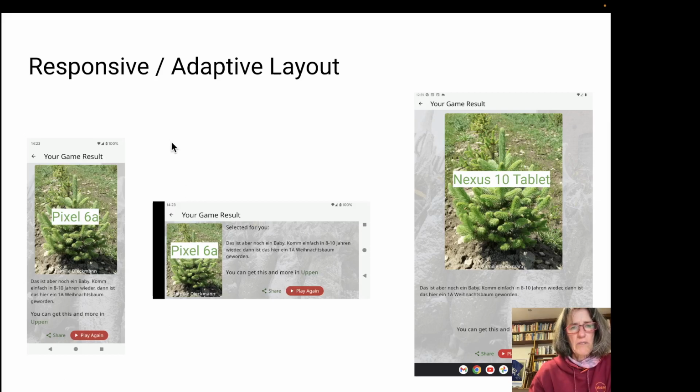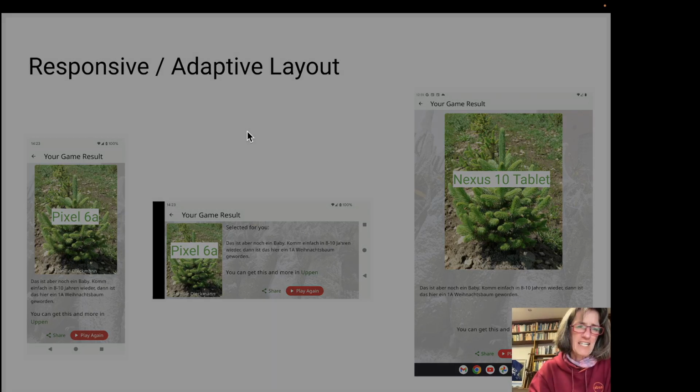The first one I want to talk about is responsive and adaptive layout. Responsiveness means the fact that the app deals with changes in screen size and orientation. So here, for example, if I flip my Pixel, I go from a one-column layout to a two-column layout. Or if I go to a bigger screen, a tablet screen, I center my image better. Adaptiveness deals with different input devices, and to be honest, for this game, I really didn't do very well on adaptiveness. So in the next round, I should really fix that.